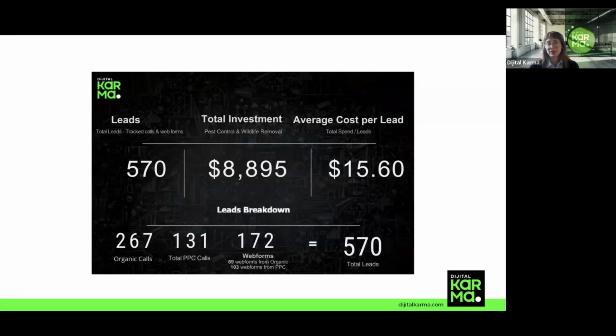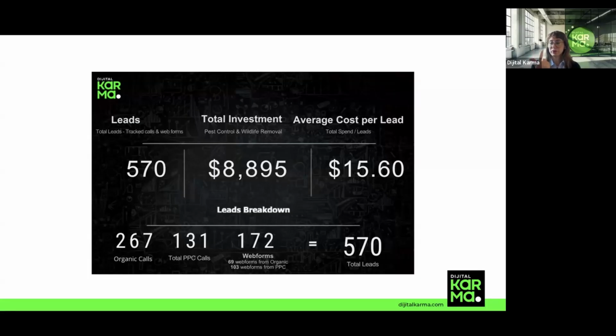The average cost per lead for the combination of search engine optimization and Google Ads is 15.60, which is a really fair number. 267 calls are coming from organic. Total PPC calls are 131. And they have 172 web forms in August, 69 from organic and 103 from PPC.